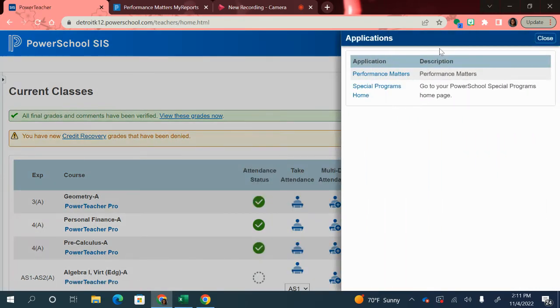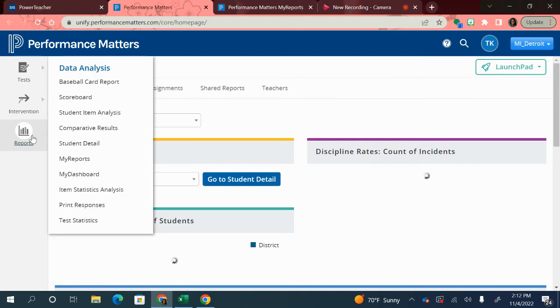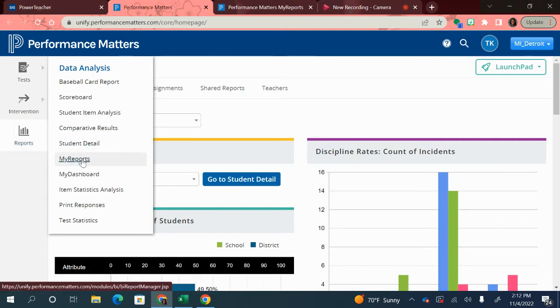When you select that icon, for the applications, you should see listed as one of the application options Performance Matters. Select Performance Matters, and once Performance Matters loads, you will see a couple options on the left hand side: test, intervention, and reports. We will be running a report. So if you select the reports option, under the reports option, you should see My Reports as one of the options for a report. Select My Reports,